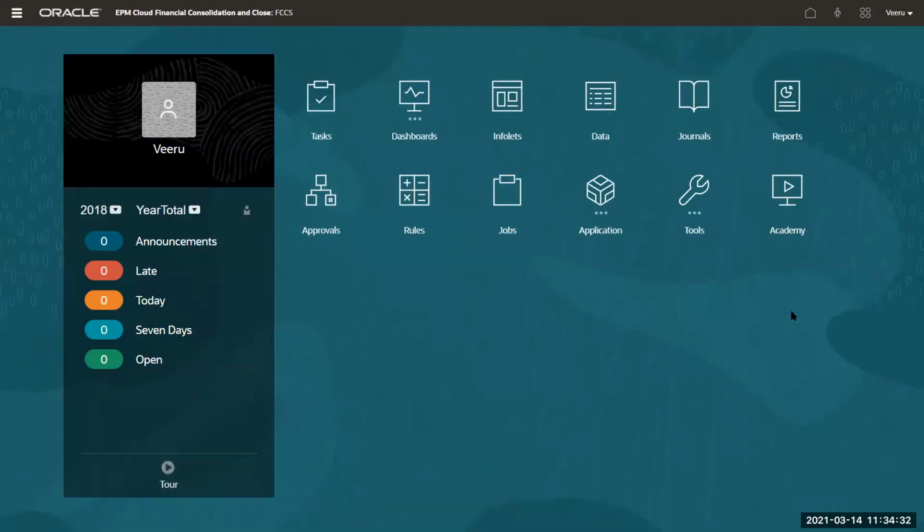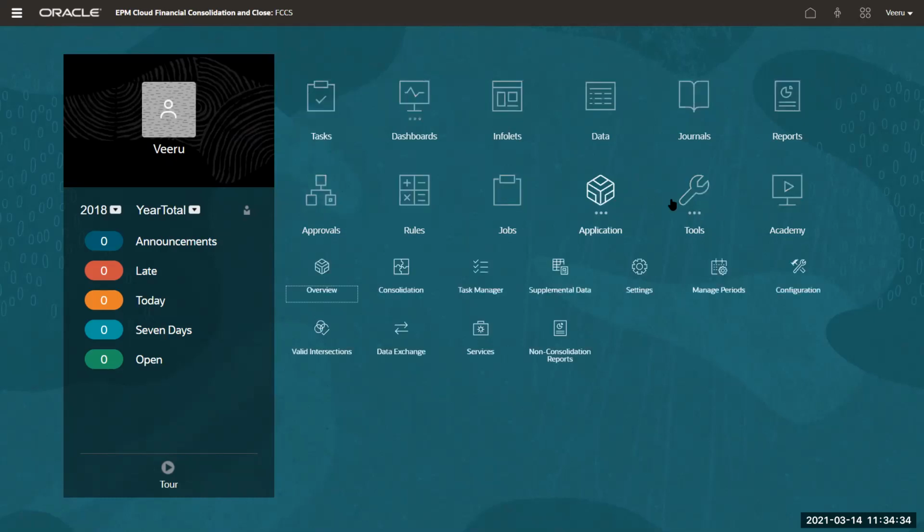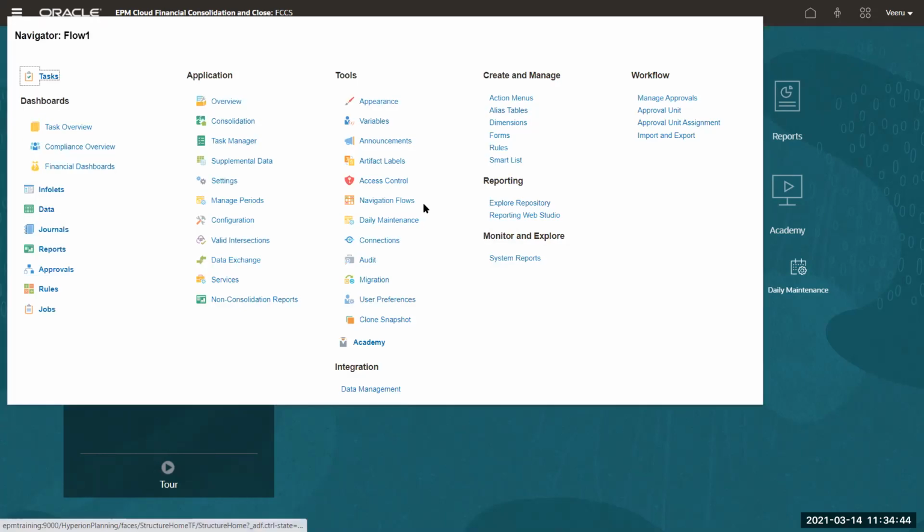I don't know where access control is. I'll click on this, I'll click on this, and I'll find out that access control is here. Okay. The easy way for me is, because I'm at this, I'll go to navigator and I can just click on access control. When you have a lot of options, it is easy to click on the navigator button and come here. If you have very few options, then it makes sense to just go to the home page and click on whatever you need. So I can click on access control here.